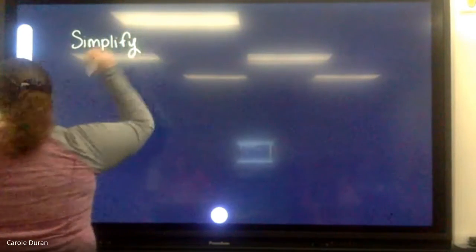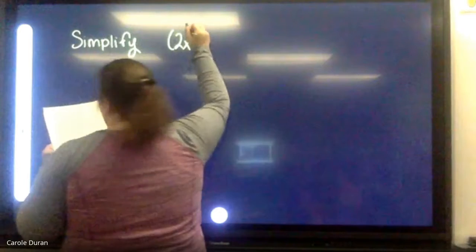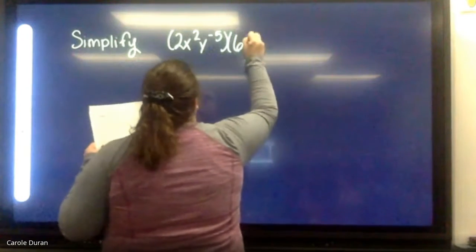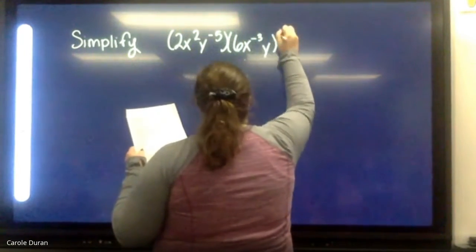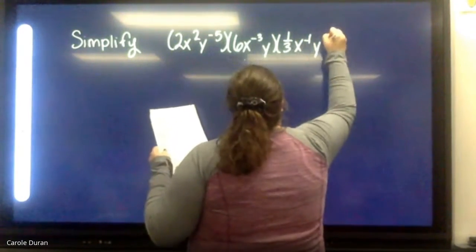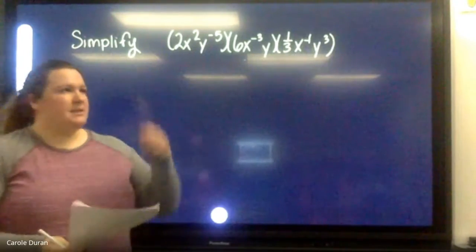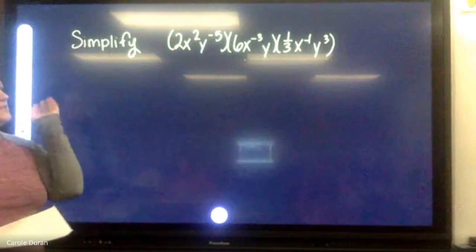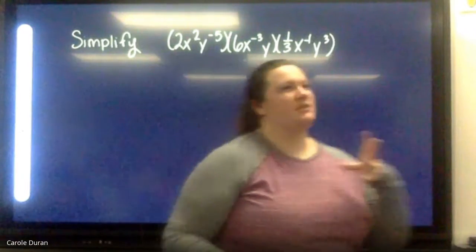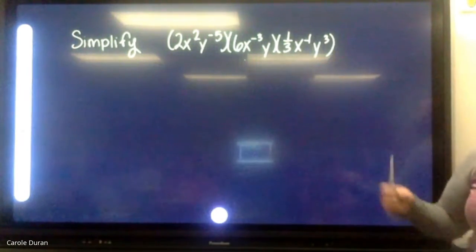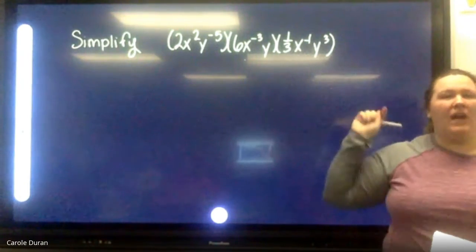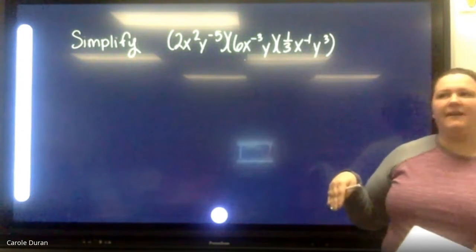Number 1 asks us to simplify, and it gives us the product. So when you go to solve this, this is number 1 for anybody who just joined. You could first move any of the negative exponents if you want and make a fraction, because those are going to move to the opposite side. I also know if I make a fraction that this 3 is going to follow to the denominator, because that's what a fraction is. Or I could simplify as it is now, combine as many like terms as possible,